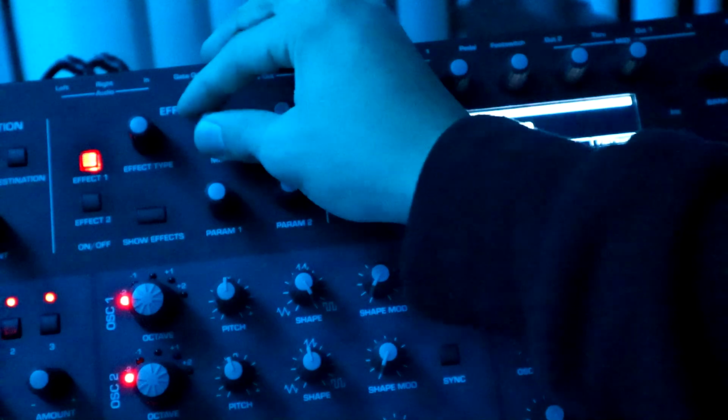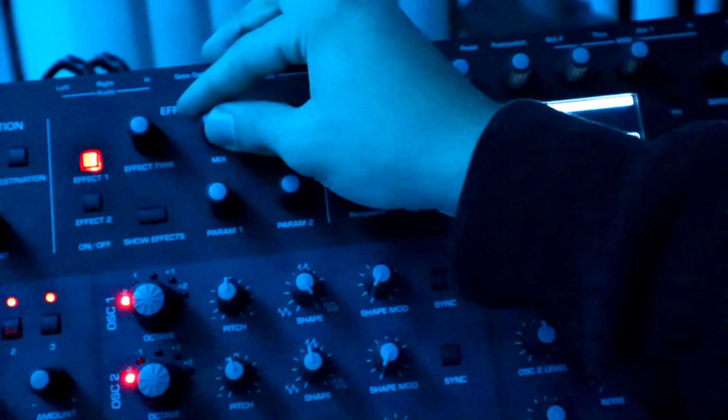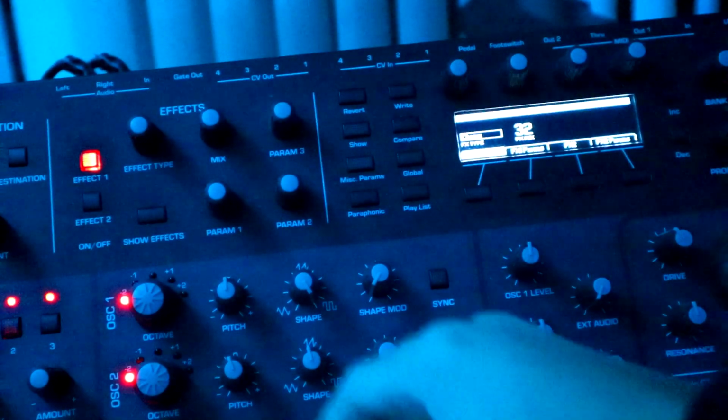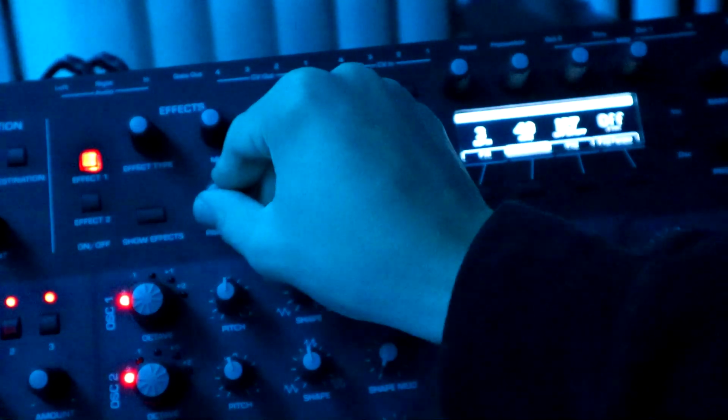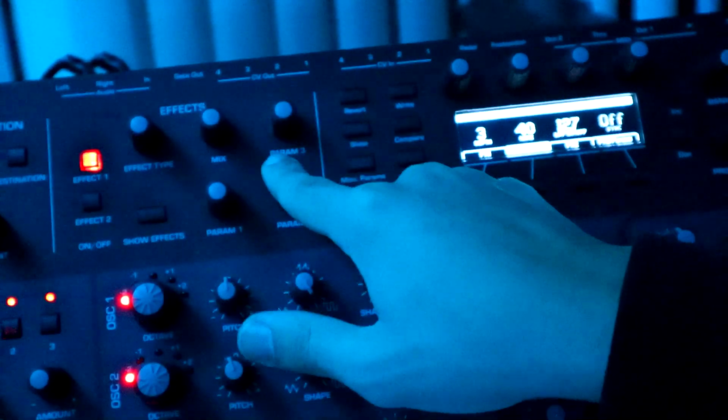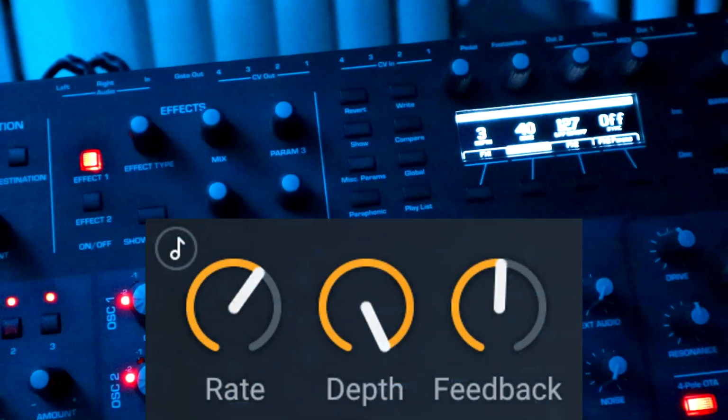And I usually put that around 30-ish, magic number for me with choruses on bass. I go to FX parameter 1, which is going to control the depth of the chorus, and FX parameter 2 will control the rate of the chorus. So the rate is how fast that chorus is going. If I put the depth at full,